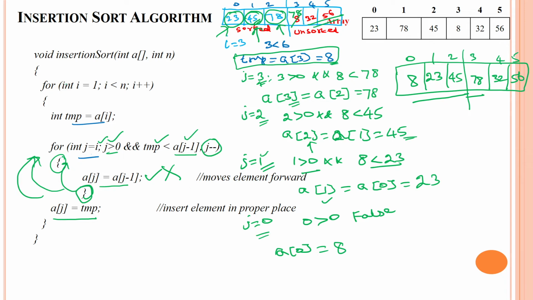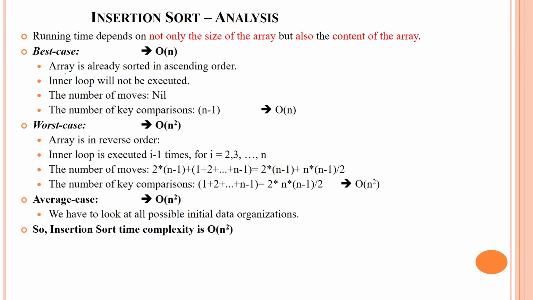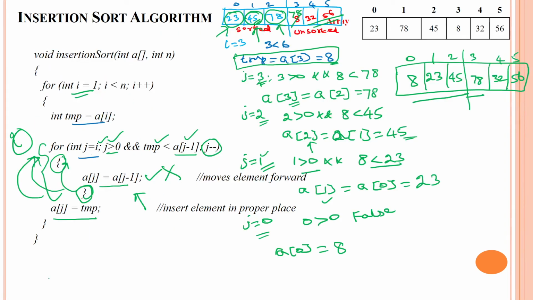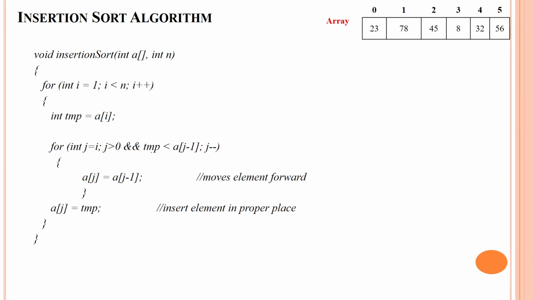Here for each data, we are checking the jth loop for i times. There is the possibility of approximately n minus 1 times. So we will compare the values n minus 1 times, and the running time will be calculated. In the best case, the given data is already sorted in ascending order, then the inner loop will not be executed. In the inner loop, every time we are comparing the temporary with the previous data,